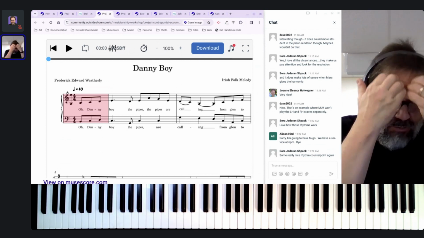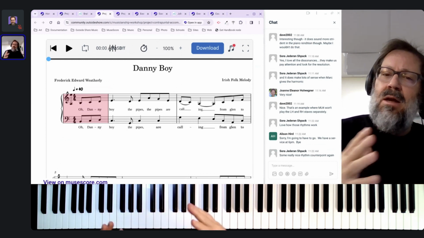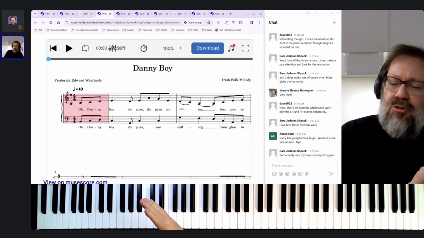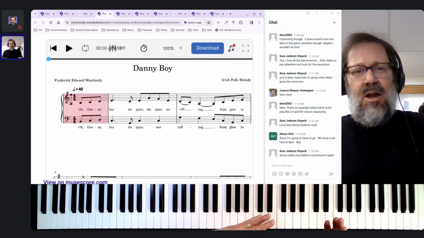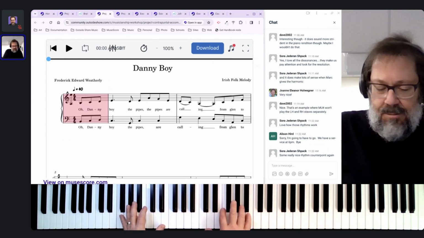I'm just going with food for some reason right now. So it's okay if you're writing a piece and portions of it are more contrapuntal and portions of it are less contrapuntal. If you think about the opening theme music that we always hear, that